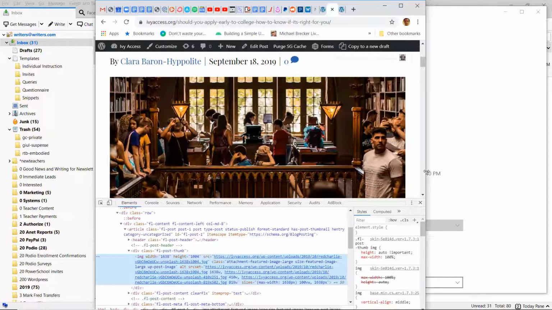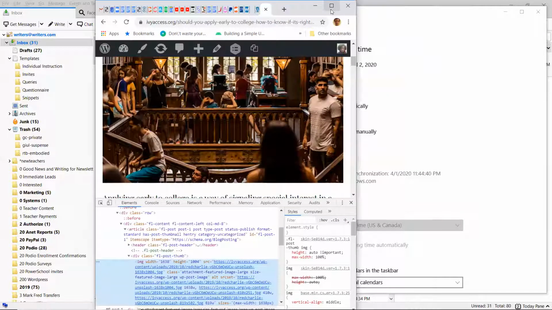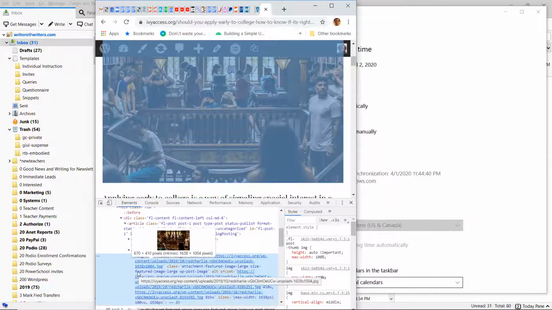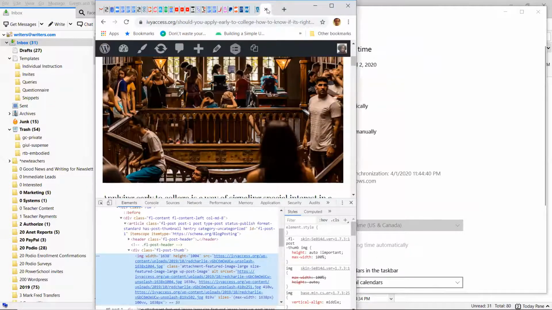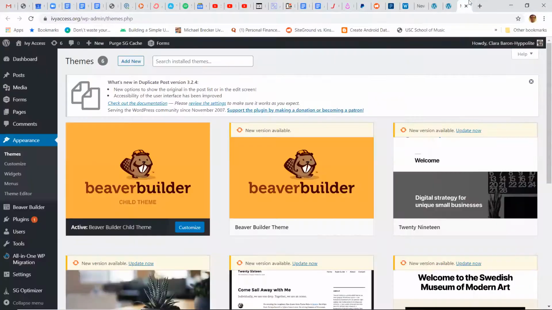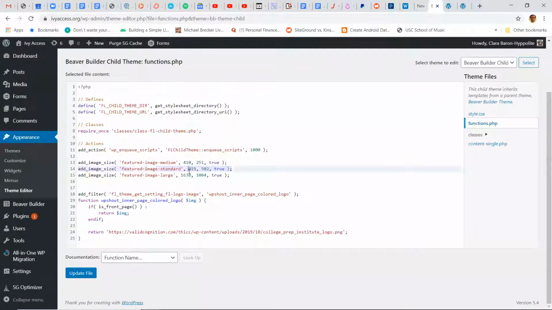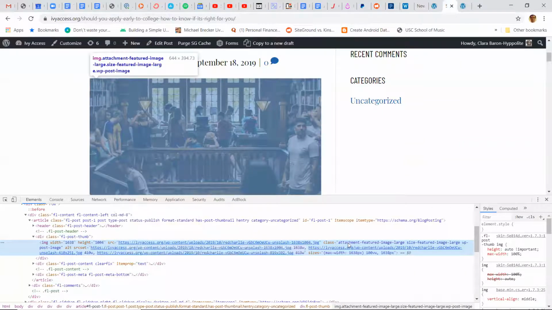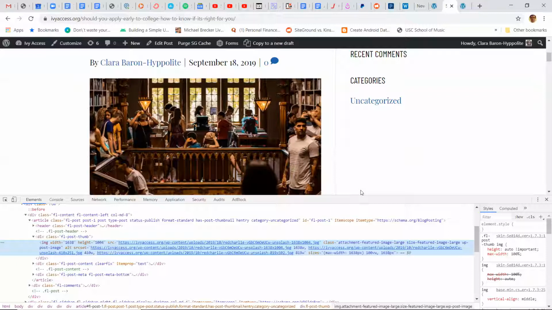But for whatever reason, Beaver Builder had a version of it that was 819 pixels wide. But what I did is I doubled that. So I created a 1638 by 1004. And then I created half that and then half that again. And you have to, the math has to be exact, because what happens is, okay, part of the question was there's this source set thing where WordPress does responsive image sizing by default. For about the past year or two, WordPress will find the smallest version of an image that it can that is still large enough to display on your device.